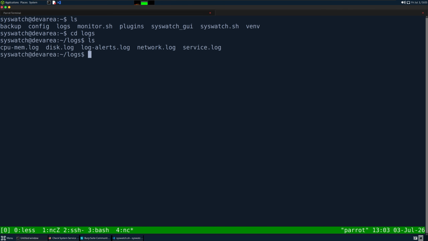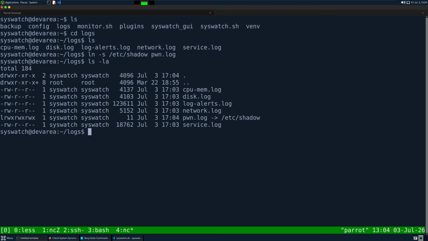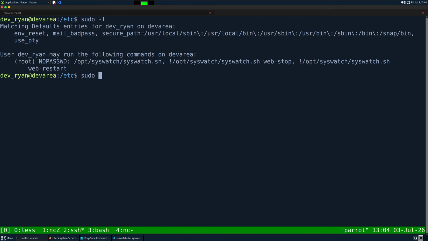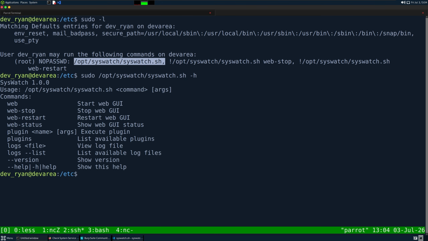So let's look at this. If we go to logs, so if we just create a pointer, let's use shadow, right? Let's do ln -s /etc/shadow. I'm going to call it pwn.log. If we do ls -la, we see there is a pwn.log. It points to /etc/shadow. So if we do a sudo, let's do sudo syswatch